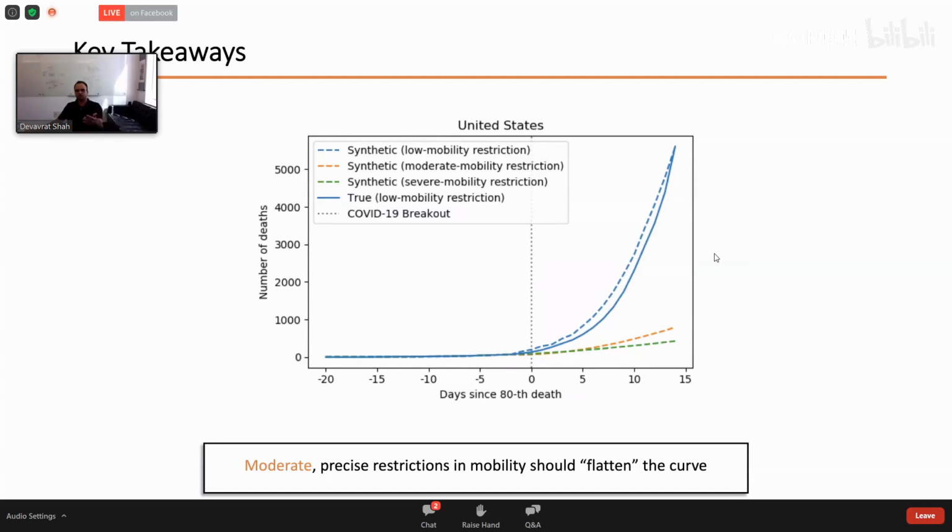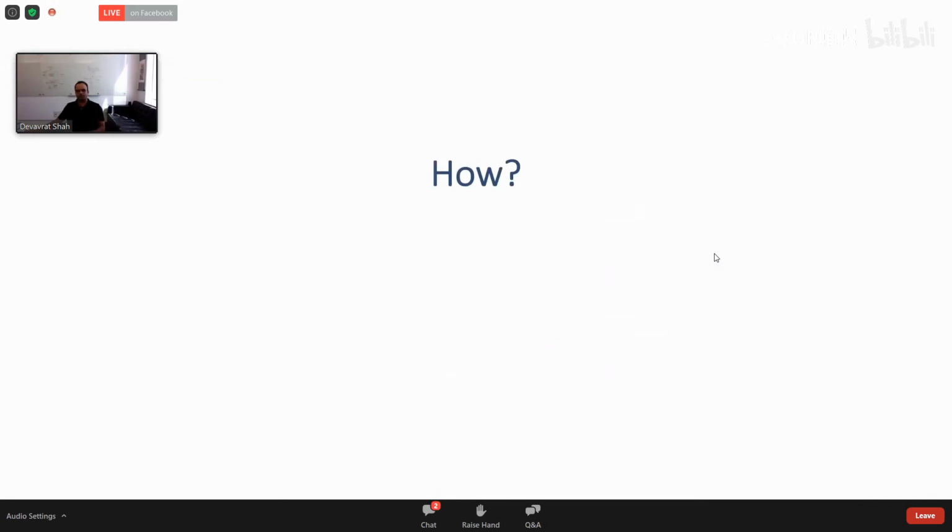Anyway, so this was what a method like synthetic intervention can do. So in the rest of the talk now, I want to explain how we came about these numbers and what that method is. So the rest of the talk is going to be about how. Again, as I was told by seminar organizers, if you have questions, you can use Q&A to ask questions there. And near the end of the talk, we'll have time to go through them one by one.